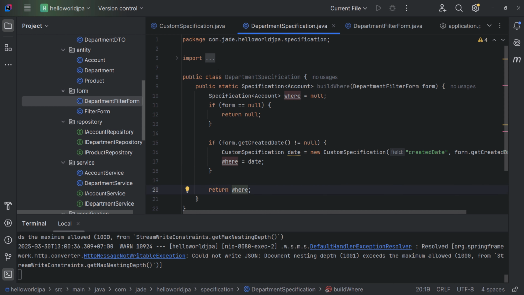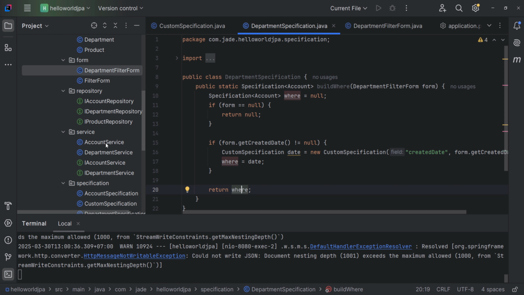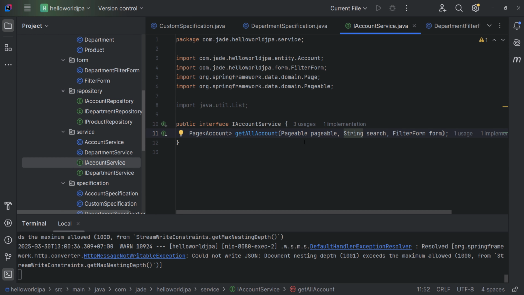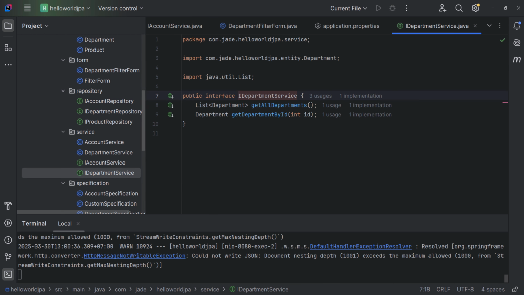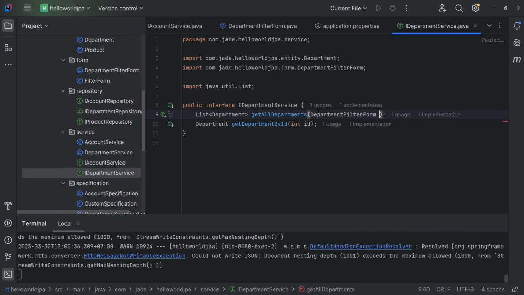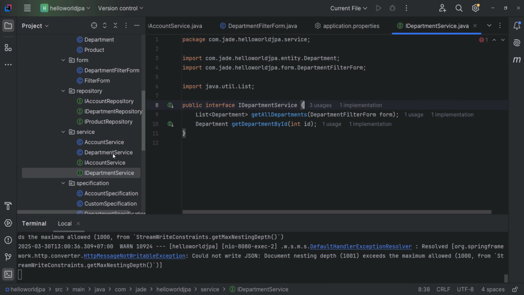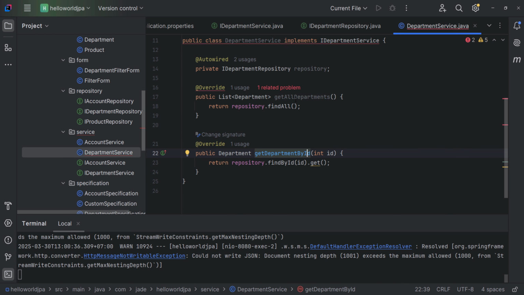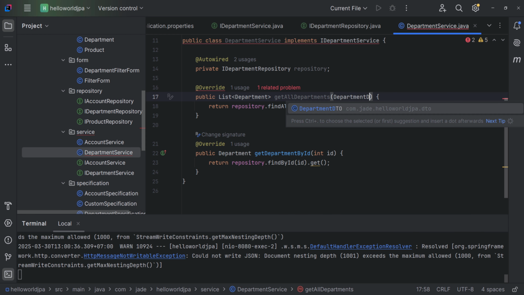And now we can go to the account service, department service interface, and change a little bit for the get on department. Now we need to add more department filter form, right? And go to the implementation, add more filter form,